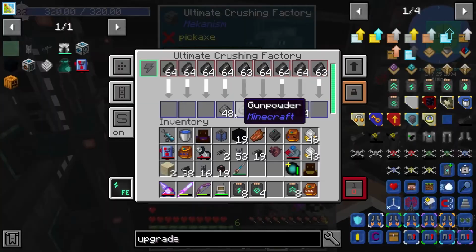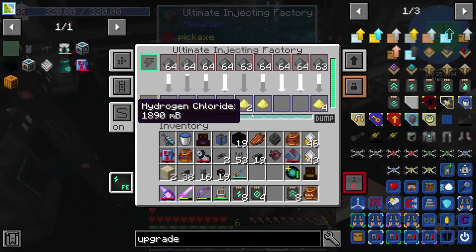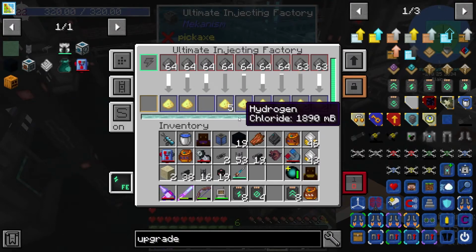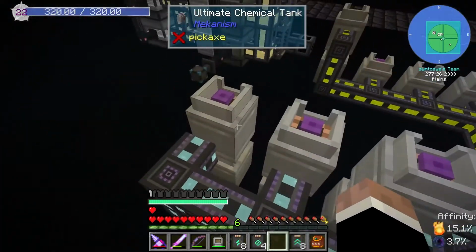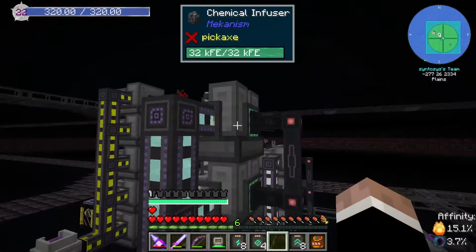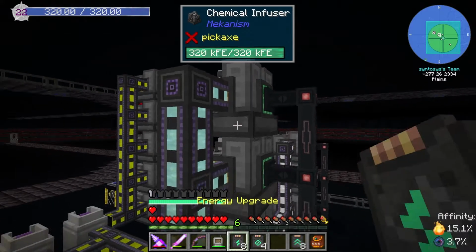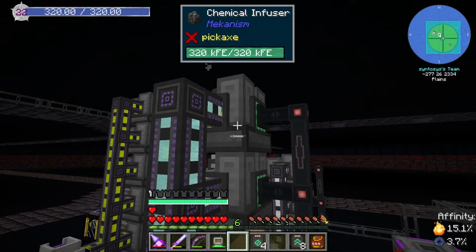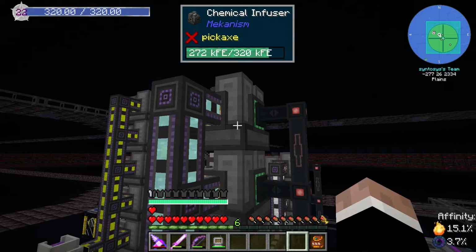We probably could, with the amount of stuff that we're processing, get a second one working, couldn't we? This should be backing up. If this is backing up, we should be good. Should be backing up in one of these. It's not backing up that much, but then we haven't put the upgrades on this one yet. So let's put the... Right, so that was all of those upgrades, and then this is this upgrade, and then